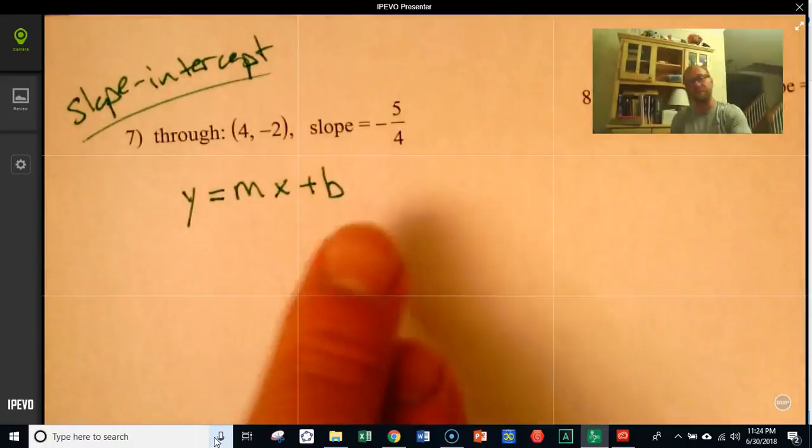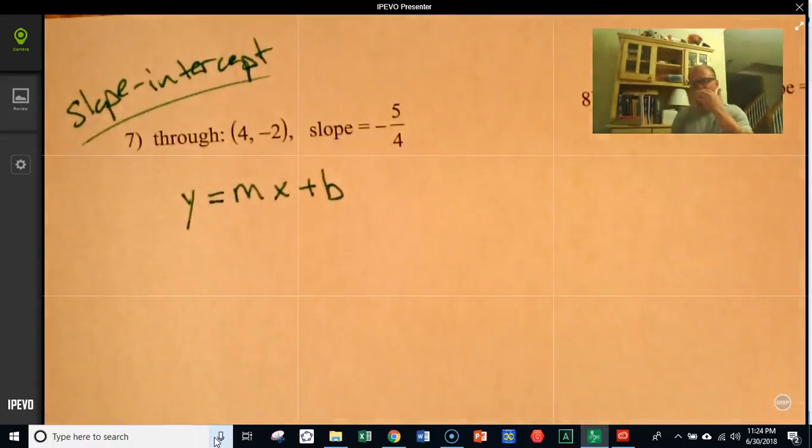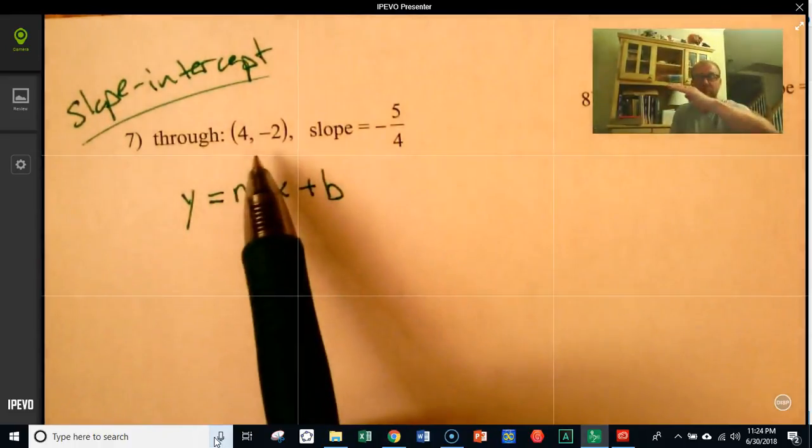What you don't know is the b. Your slope is like negative 5/4. So your line has a certain steepness, but you don't know where it is on the y-axis. Is it up high? Is it down low? But there's only one height above the axis that's going to make it pass through this point